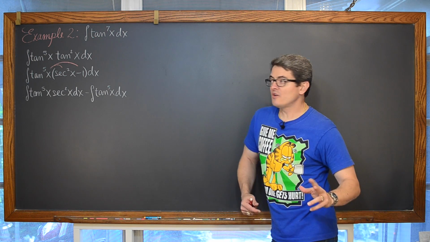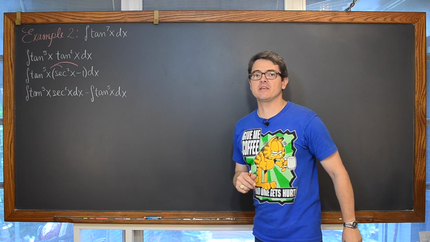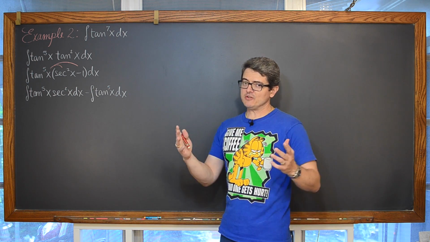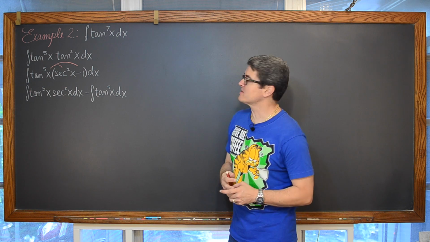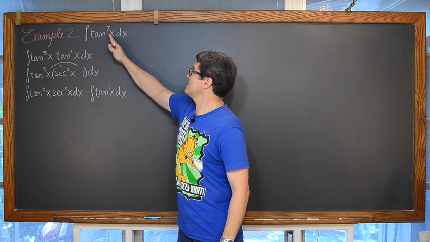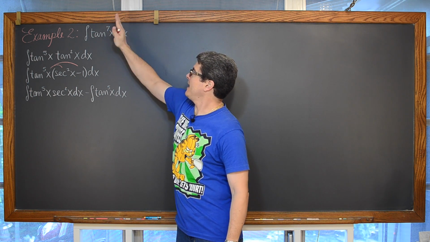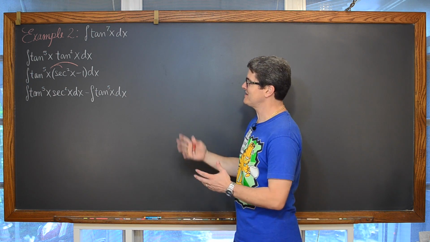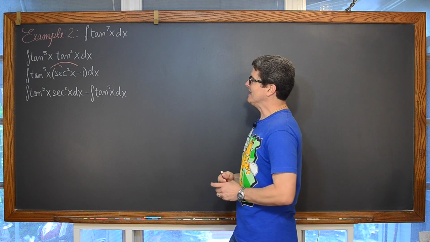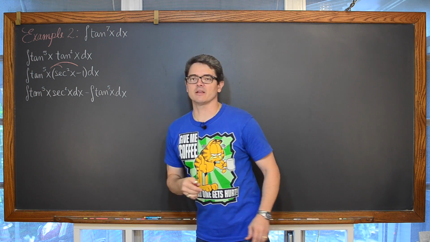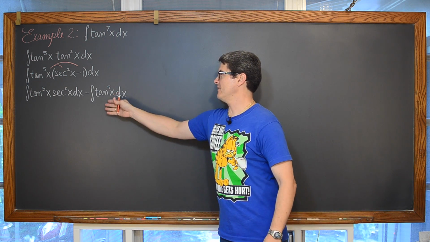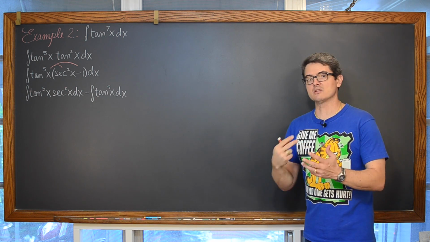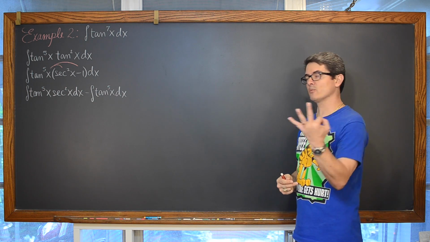So we have started off example 2, the indefinite integral of tangent of x raised to the 7th power dx. Now, just to be different from problems that are in the textbook that I teach from, I've got a single angle and I have a power of 7, which means that whole idea of repeat if necessary is going to take a few repetitions. More than likely your book probably has something like a tangent of some 3x or 5x or some kind of multiple angle, and then it's just raised to the 5th power, so you'll have to repeat this process twice. We're going to have to repeat it 3 times.